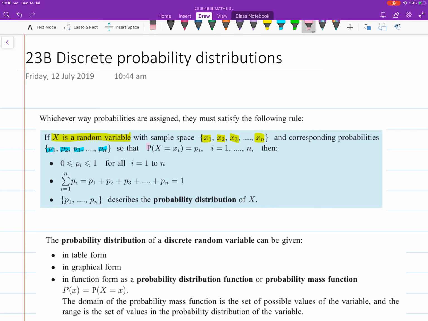We write it as capital P, the probability of your random variable X being equal to whatever the actual event is, like little x sub i just stands for one of these ones along here, is equal to Pi, whatever i is, and i is 1, 2, etc., all the way up to n,